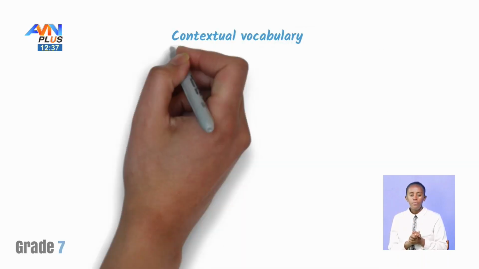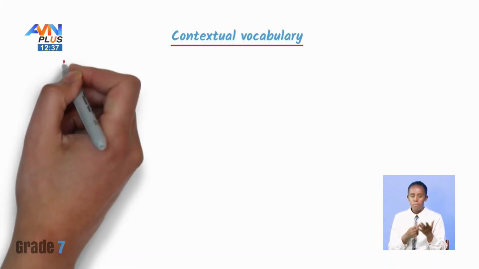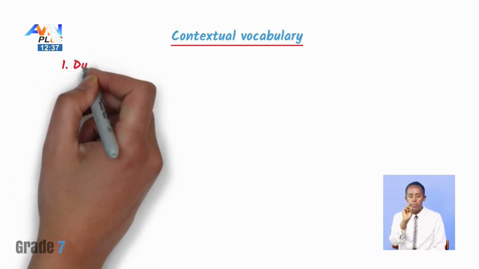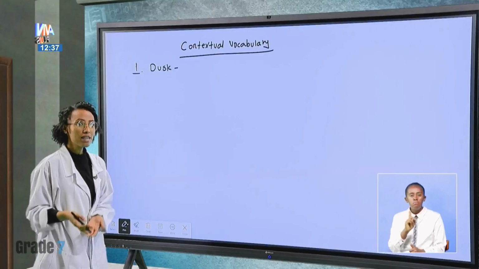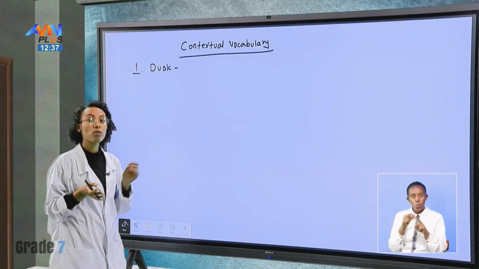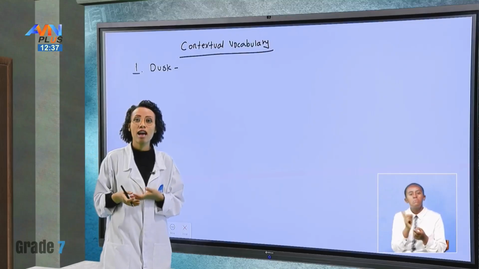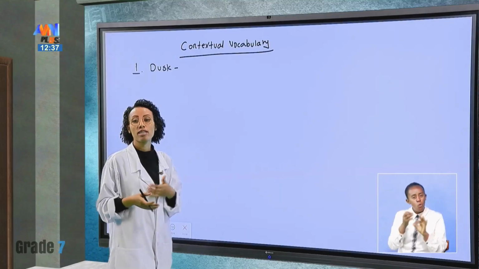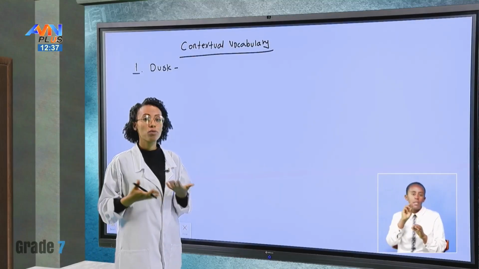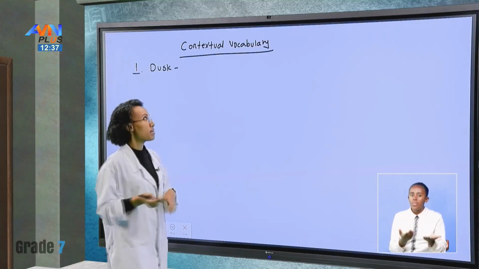We have different words that we're going to see today. One of them, the first one, is dusk. So what does it mean, dusk? And it has an opposite word, and we're going to see it later on. But dusk, what does it mean? What is the definition of dusk? And in which areas do we use it to talk about what? So dusk means